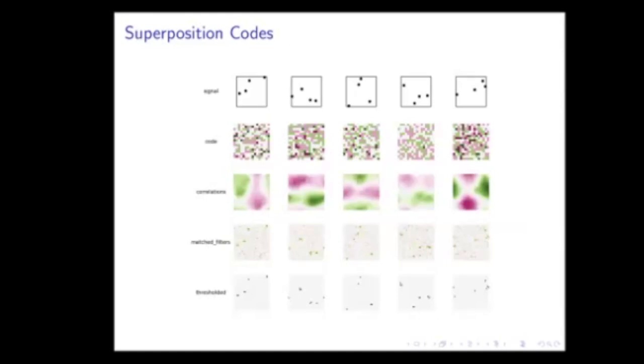And you see that here, actually, there's a lot of covariance between the components of my coarse code. So this is not a great filter, right? I can kind of vaguely make out the shape of the points, but if I just thresholded this, I wouldn't get a very good result. If I correct for this, if I use matched filters, I get this reconstruction, which looks a bit better. I have some little pricks of green in a sea of light green and light pink. And then if I threshold this, now I'm able to recover more or less the thing I started with.